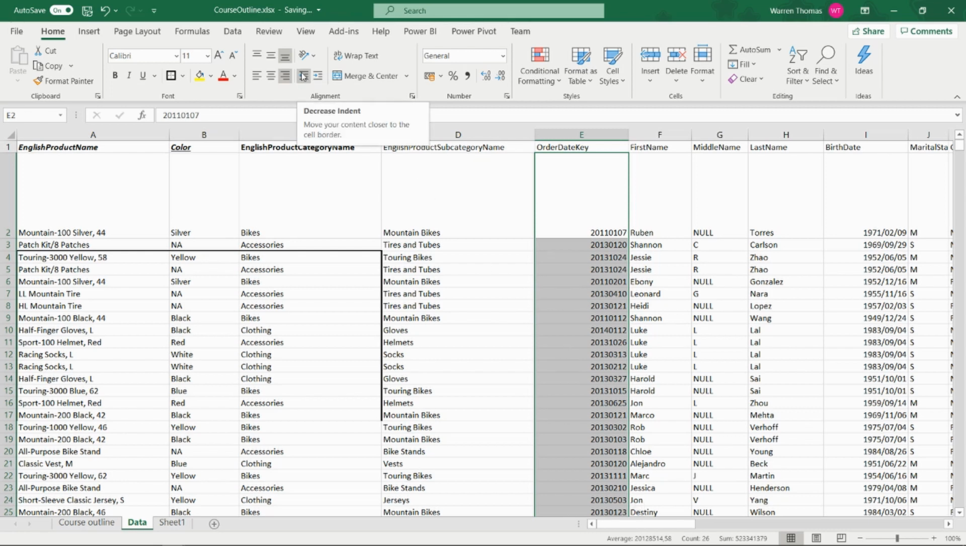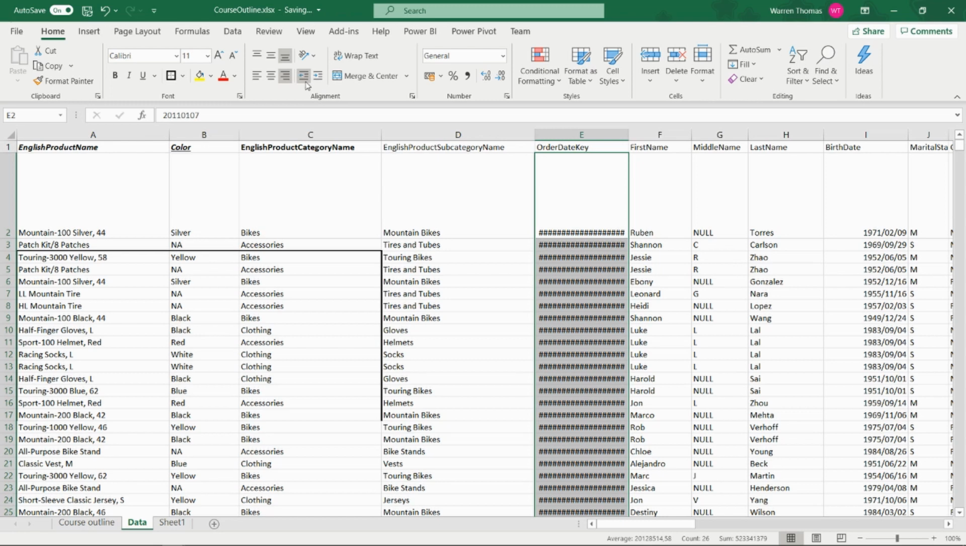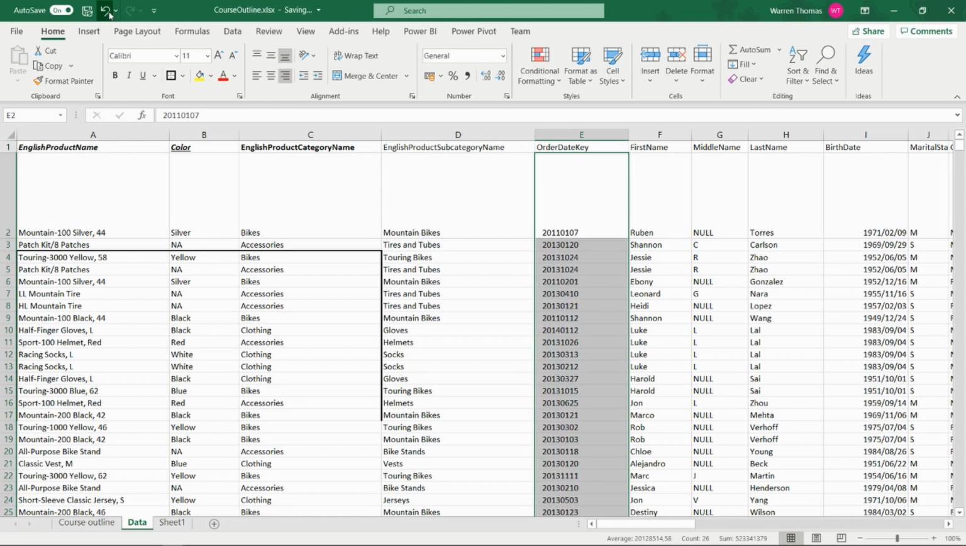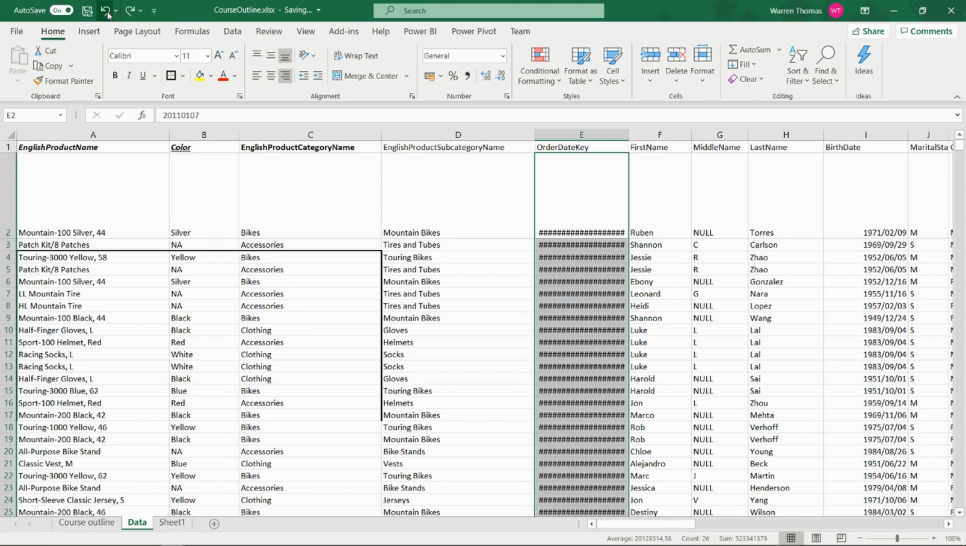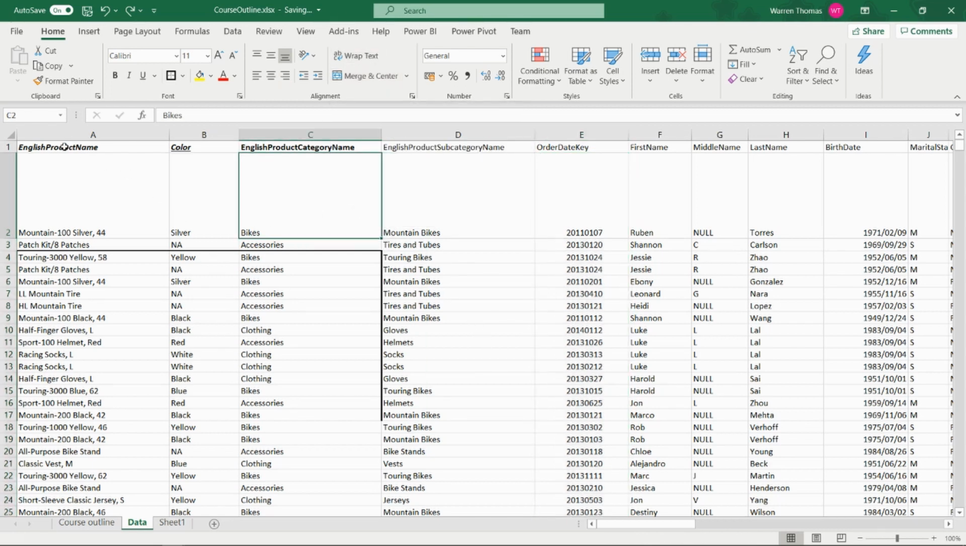Here we have indent. So you can either increase or decrease an indent. So you can see that you can move it across in increments, or you can move it back. Let's undo that. So here you can either increase or decrease an indent. And here you can do something called wrap text. For instance, we might say that,